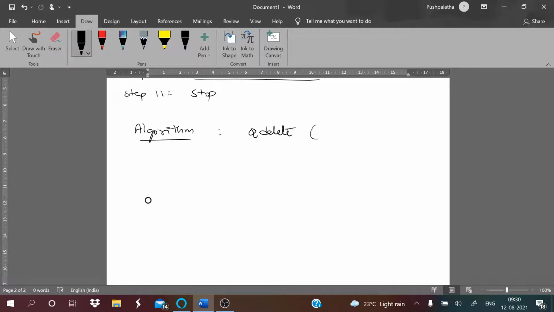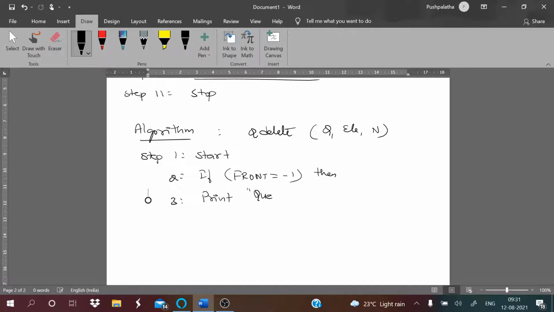Queue delete, Q, ELE and n, that remains the same. And step 2, if again front is equal to -1 means then the queue is empty. There are no elements to be deleted. That also remains the same. Queue is empty.